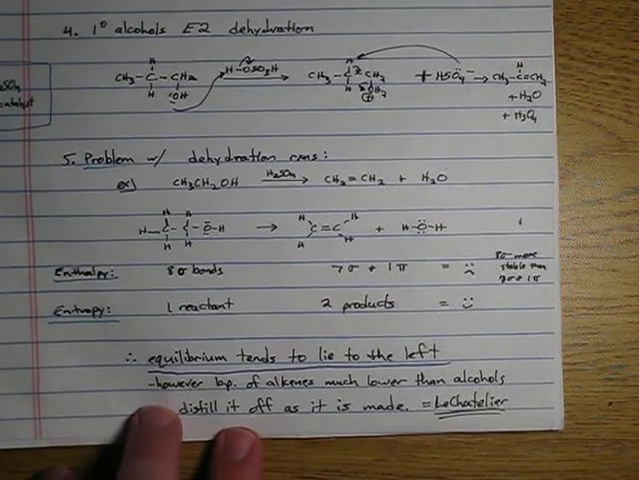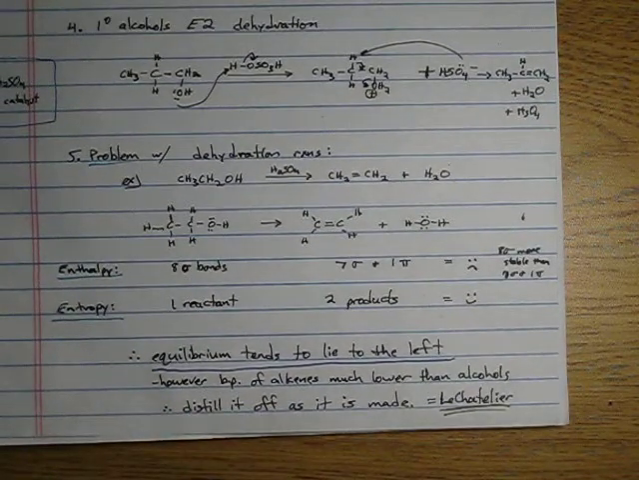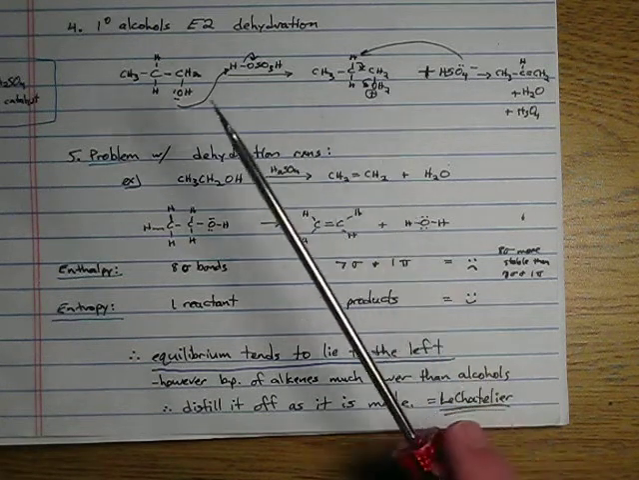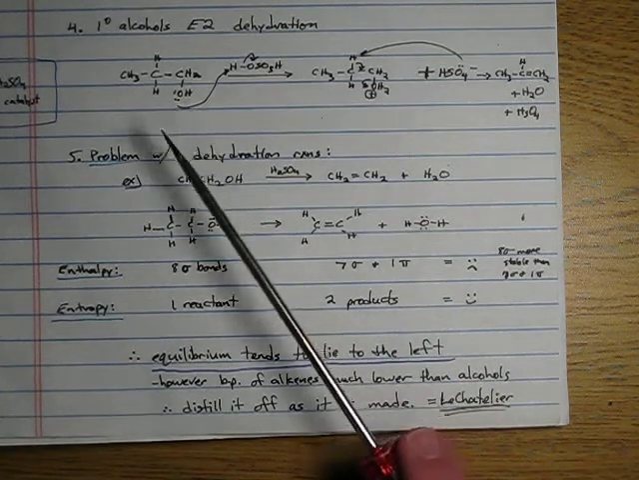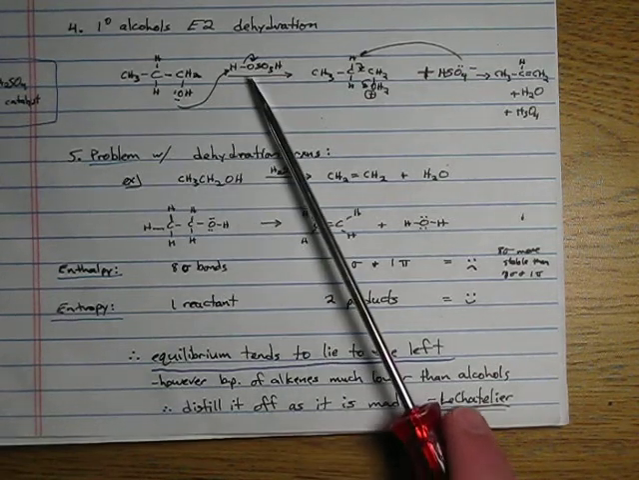Well, a primary alcohol is going to have to go via E2. You recall E1 requires a carbocation. Tertiary carbocations are decent. Secondary carbocations are okay. Primary carbocations are too high in energy and don't want to form. So if you have a primary alcohol and you want to do the dehydration, you still add H2SO4 as your